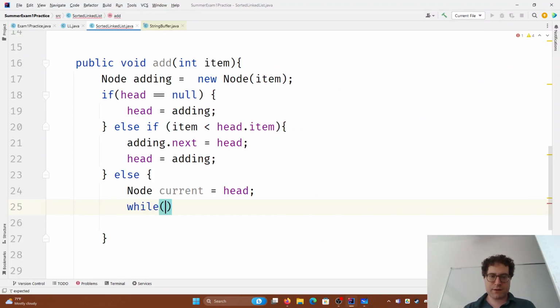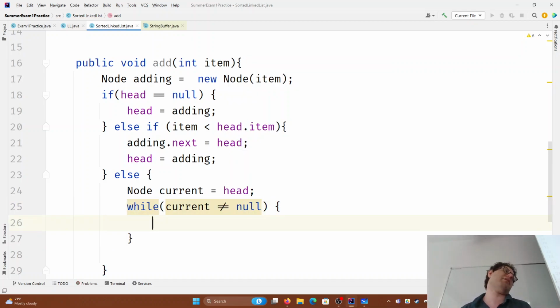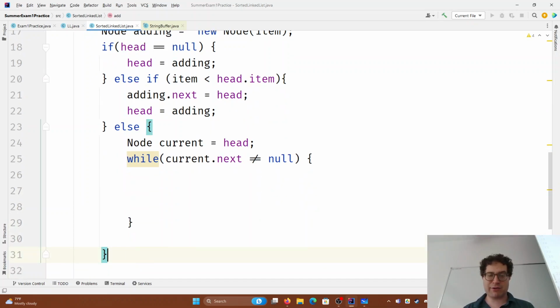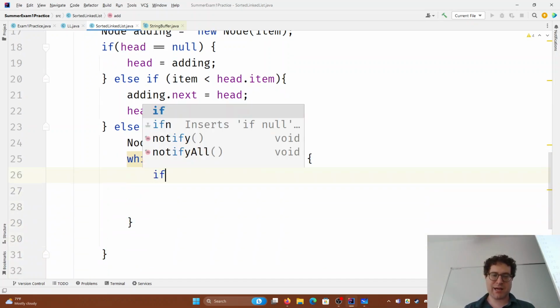while current, is current equal to null or not equal to null? I'm not sure, to be honest. While current is not equal to null, we'll see what we need to do. Probably current.next not equal to null, because I need to check the data of the node after me. So while current.next is not equal to null, what we're going to do is say if,